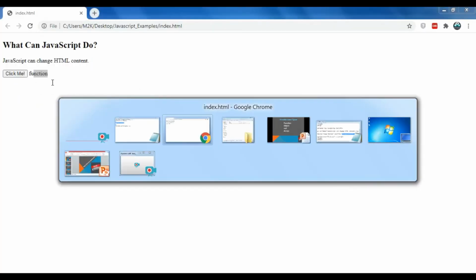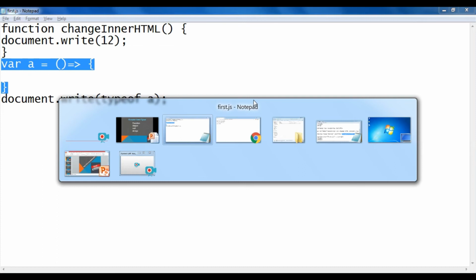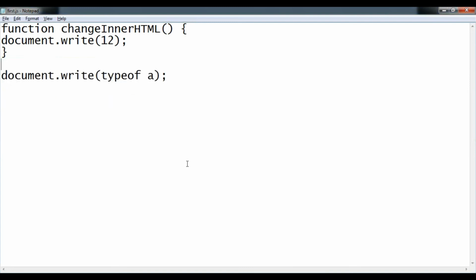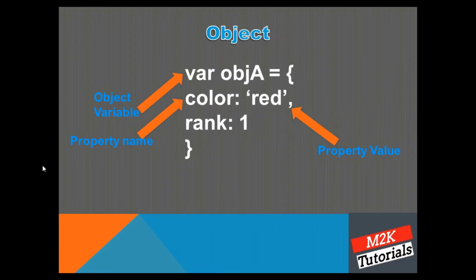Okay, the next very important thing is objects. Everything in complex data types is inherited from object. So let's discuss that. Objects have this type of syntax. You declare one, let's say obj a, then you put equal, then curly braces, and then you put the properties.